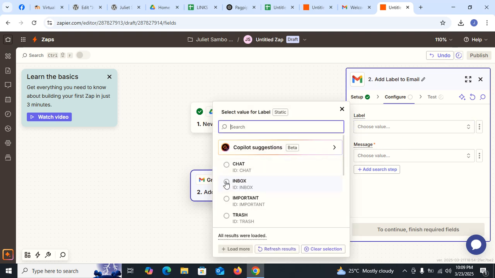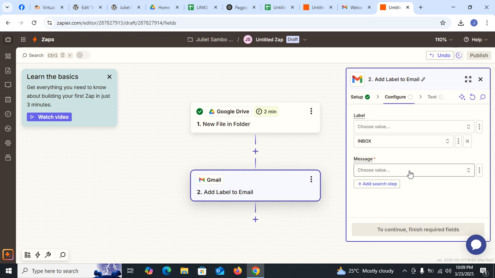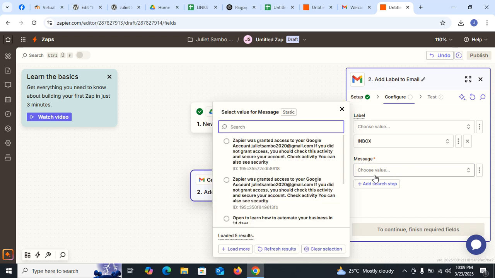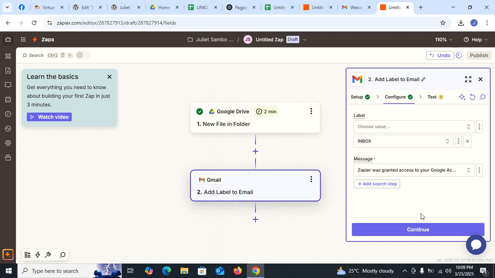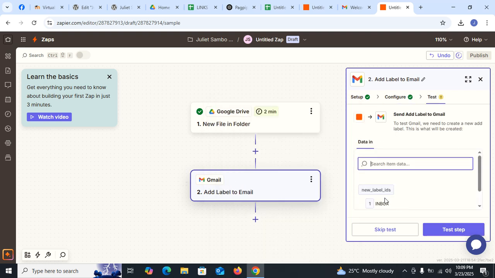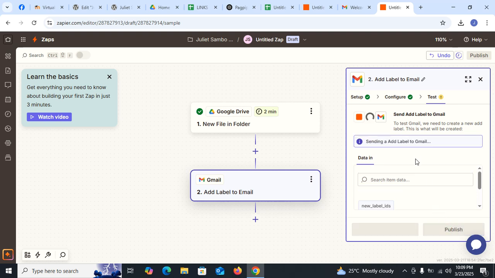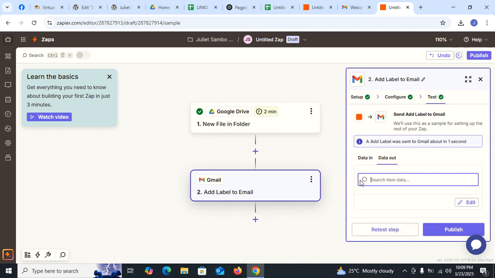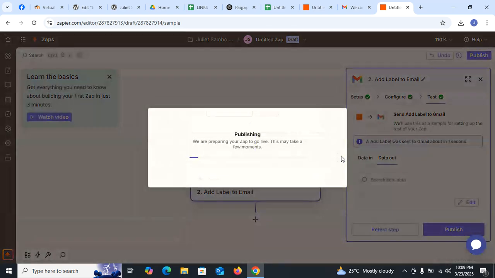Label, so my inbox. And then you create a message. You choose message. So I choose, for example, Zapier was connected to your Google account. And then click continue. In test step, then publish.